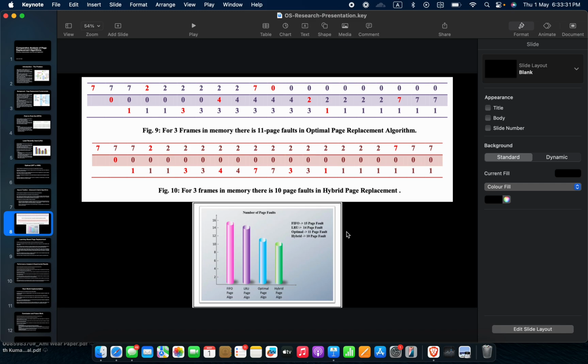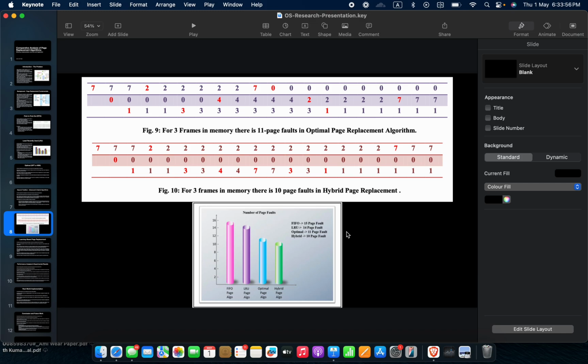And in here, this slide shows a real experimental comparison between algorithms. The top figure displays the optimal algorithm with 11 page faults of a 3-frame memory system. And the bar chart at the bottom provides a comprehensive comparison of the page fault counts across all four major